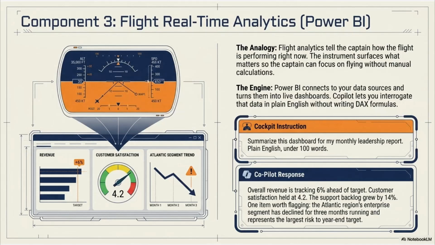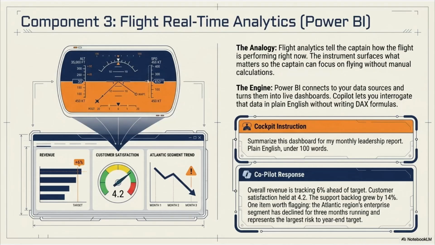You can interrogate that data in plain English without writing a single DAX formula. Here's an example. The cockpit instruction: Summarize this dashboard for my monthly leadership report in plain English under 100 words. The Copilot responds, overall revenue is tracking 6% ahead of target. Customer satisfaction held at 4.2. The support backlog grew by 14%. And one item worth flagging, the Atlantic region's enterprise segment has declined 3 months running, and it's the largest risk